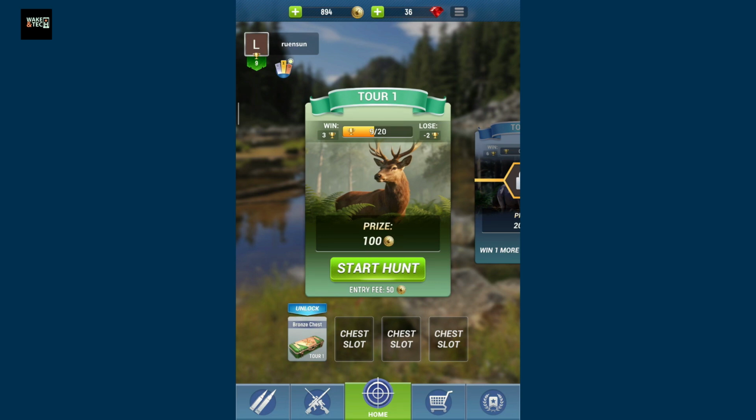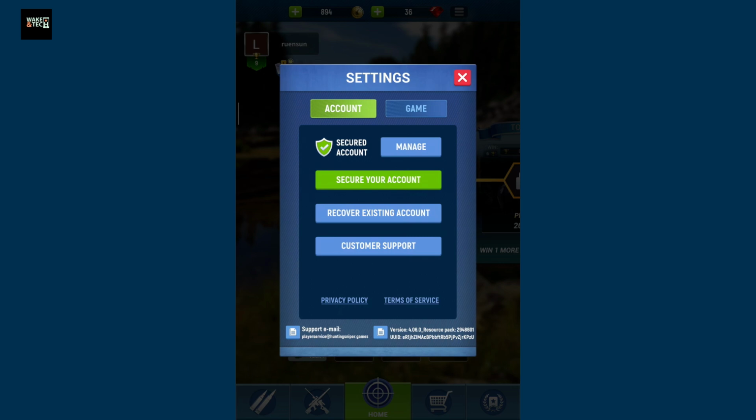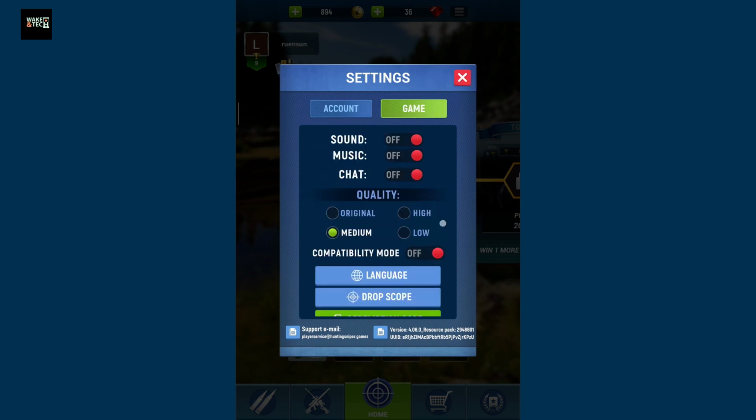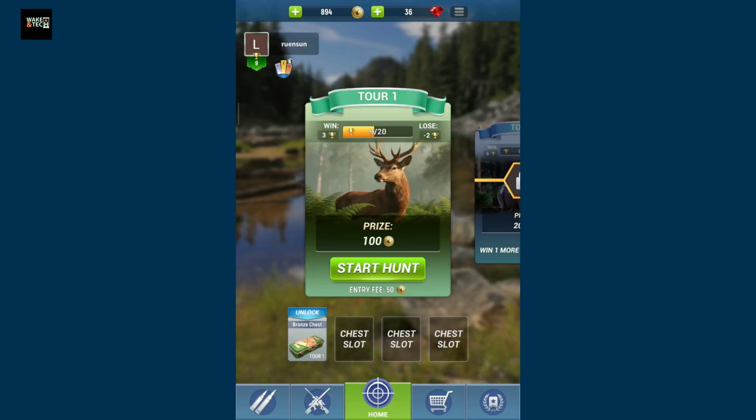Now once you're inside the game, go ahead and tap the menu icon at the top of the screen and click Settings. Inside Settings, tap on Game. Under Game, go to Quality and choose Low or Medium option. Once you are done, you can get back to the game and now go ahead and look for the app